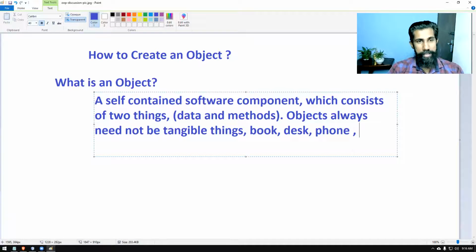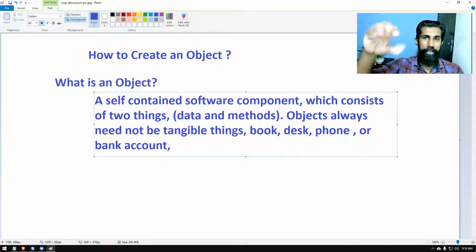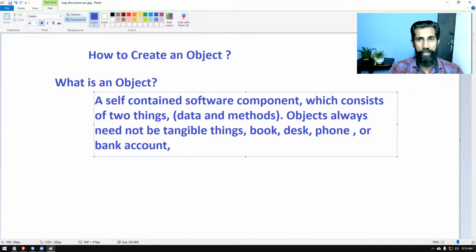Less tangible things can be a bank account. A bank account doesn't have a color, width, height, or density. But a screen icon can also be taken as an object.